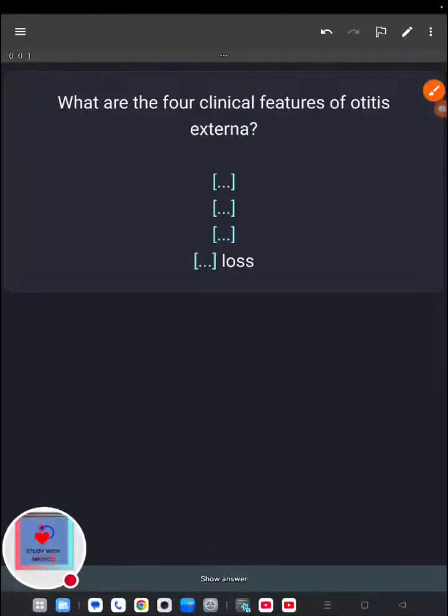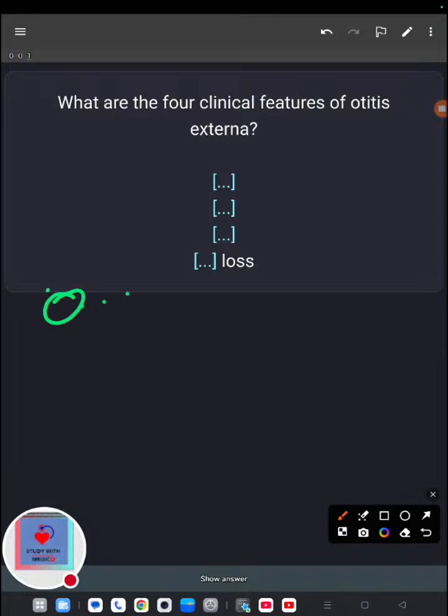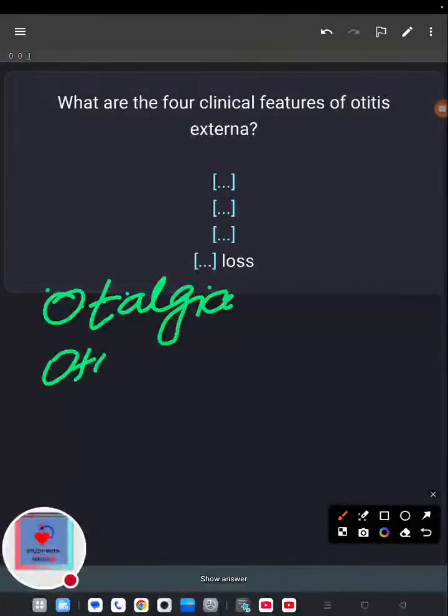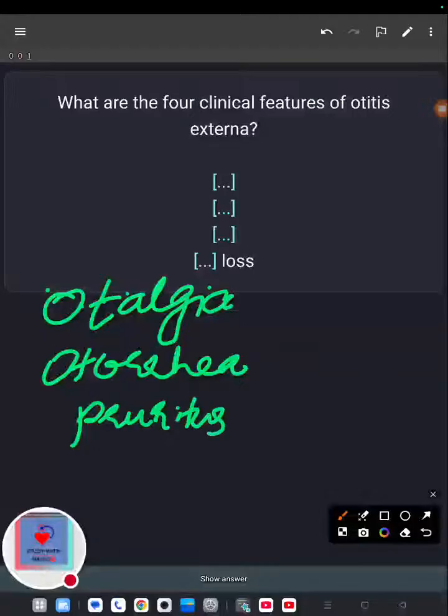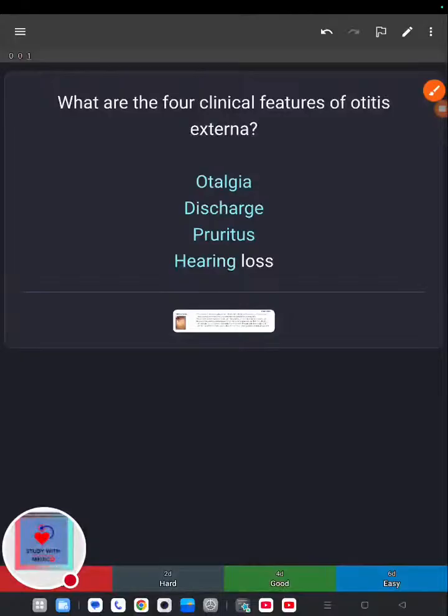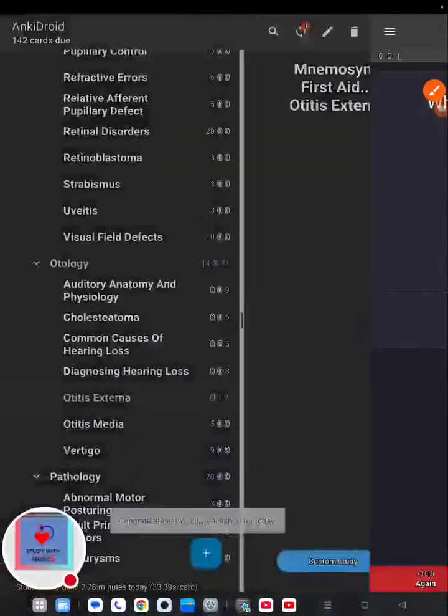What are the four clinical features of otitis externa? Same: otalgia, but granulation tissue will not be there. Otalgia, otorrhea, there will be pruritus, there will be conductive hearing loss. Okay, these are the four features. Okay, now